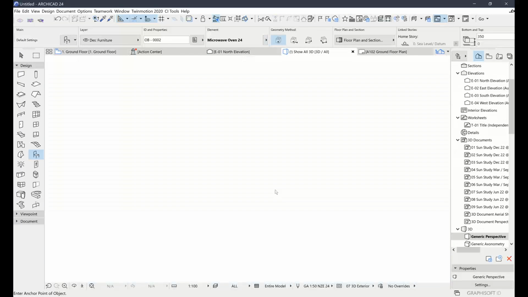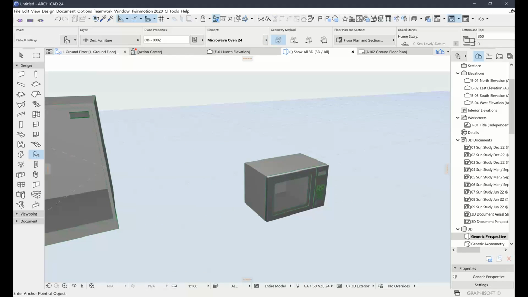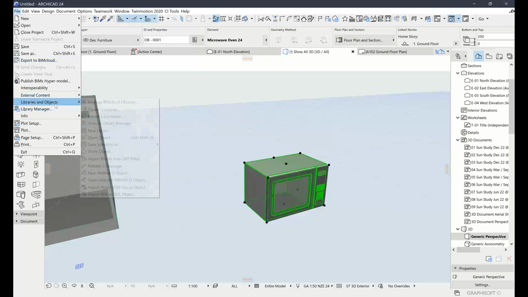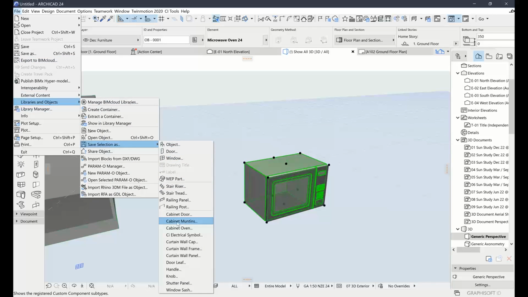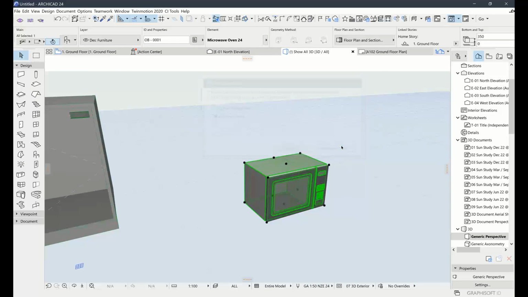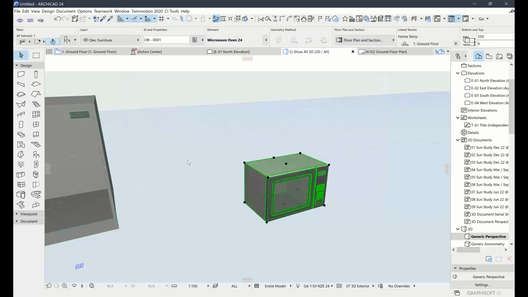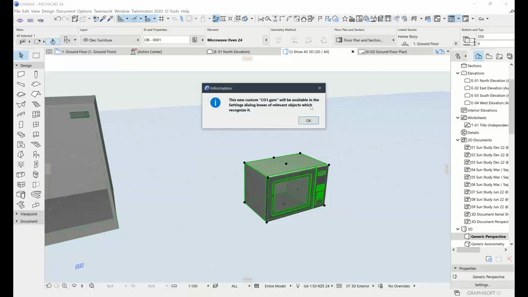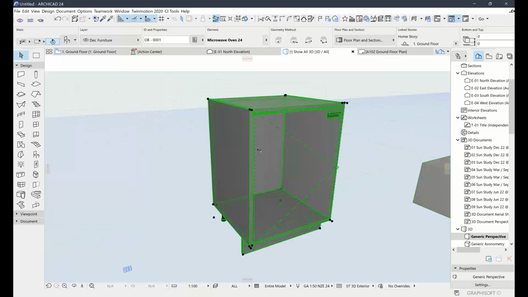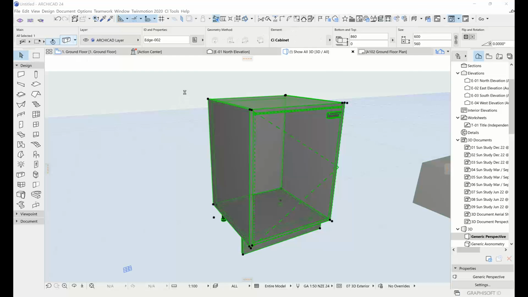Place that, and same process as before. Select the thing that you want to save out. Go to File, Libraries and Objects, Save Selection As, and this time we're going to choose Cabinet Oven. Call it CO1. Hit OK, and then if we come to our cabinet,